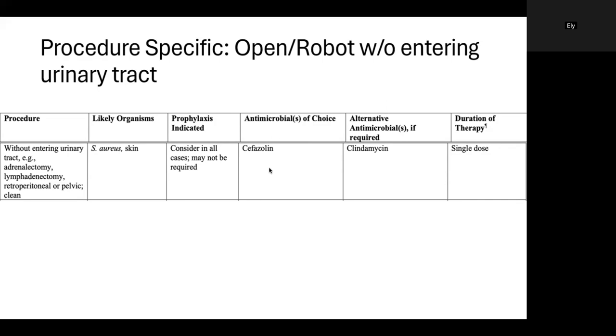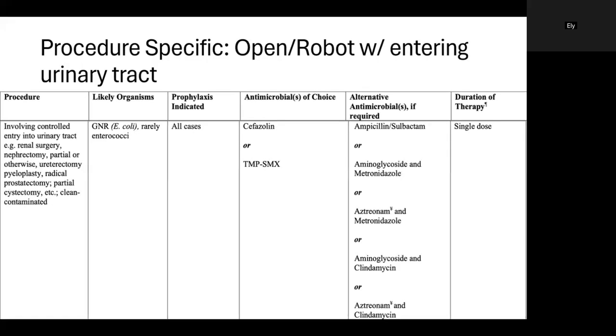Cefazolin would be the first choice if it is determined to be necessary, and it could be given as a single dose. We could use clindamycin as a second line if we'd like as well. So that's if we're not violating the GU tract. Now, if we do enter the urinary tract, such as in nephrectomies, cystectomies, we talked about them a little bit before,